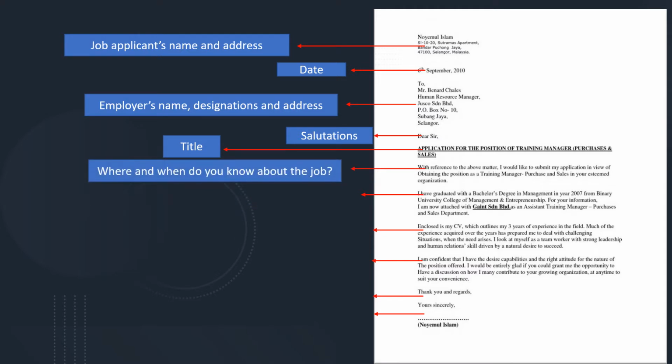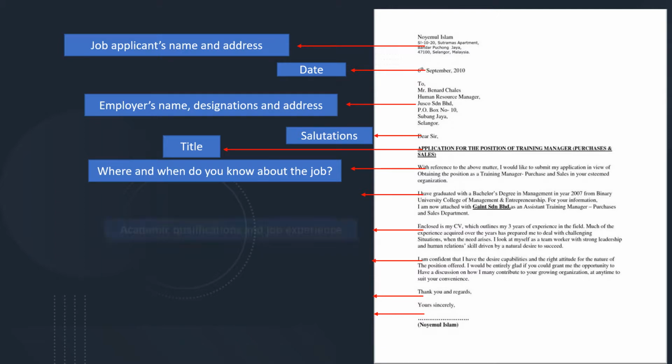And then the content of the letter. First you have to describe where and when you knew about the job. For example, say with reference to the above matter, I would like to submit my application in view of obtaining the position of a training manager, purchase and sale in your external organization.